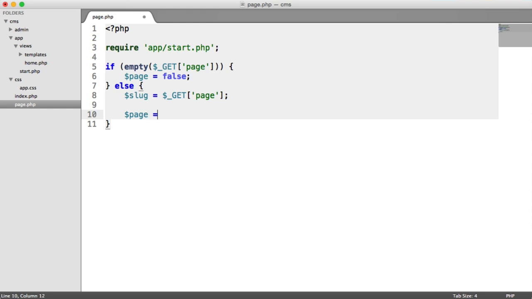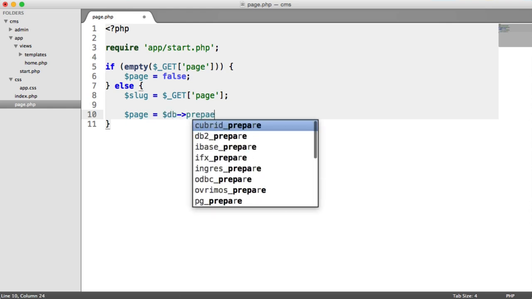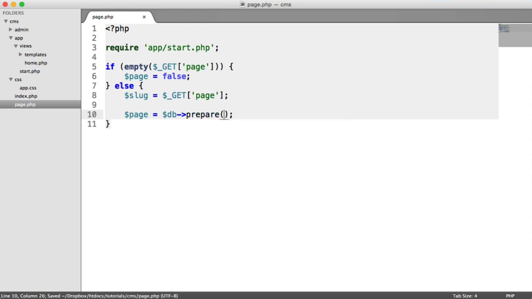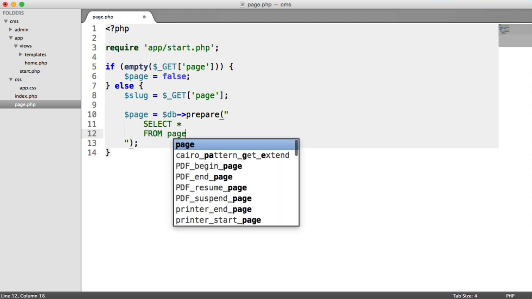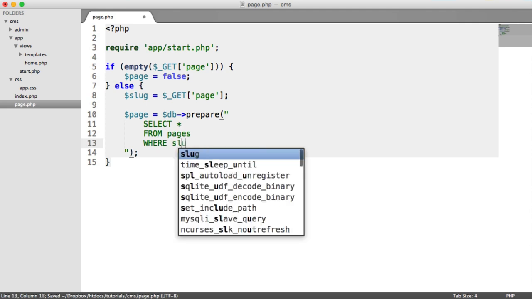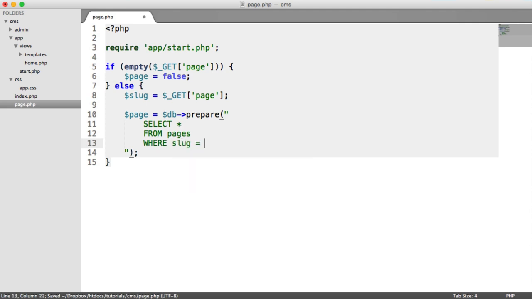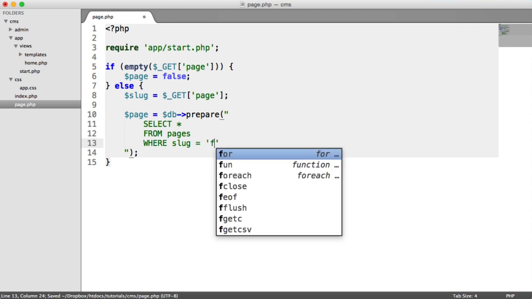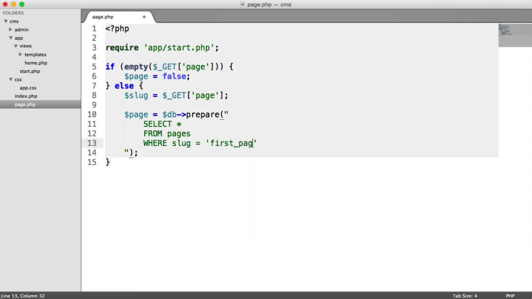So let's create a variable called page and assign to it a database prepared statement. So in here again, we do exactly the same as we did for the home page. We have a string with a query in. This time we're going to select all fields because we're going to need them all. And we're doing this from the pages table. But this time we have a WHERE clause, and this is going to allow us to pick out this value. So we're going to say WHERE slug equals,